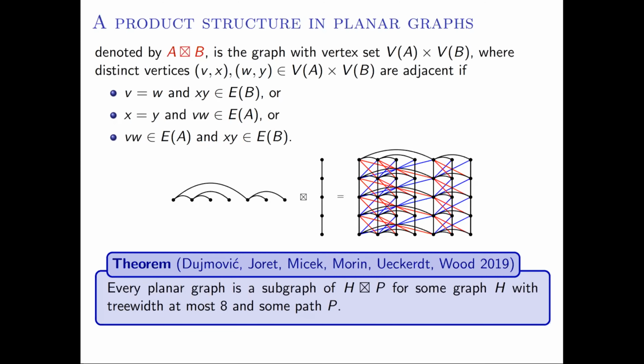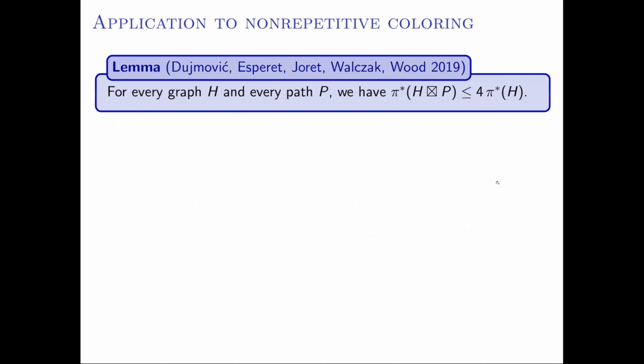So we can't really actually prove that if you take a graph with bounded non-repetitive chromatic number and take the product with a path, it has bounded non-repetitive chromatic number. We don't know how to prove that. But if we modify the definition a little bit, by defining some parameter which is about non-repetitive lazy walks instead of paths, then we can actually prove what we want. Take the product of a graph with bounded pi star with P, then the new pi star is bounded. Okay,